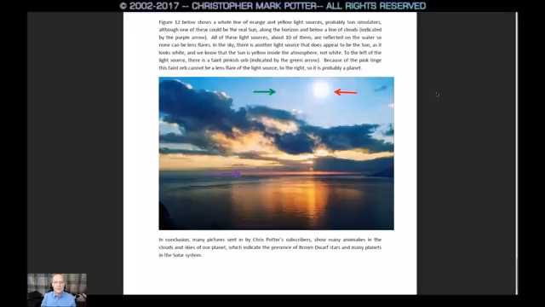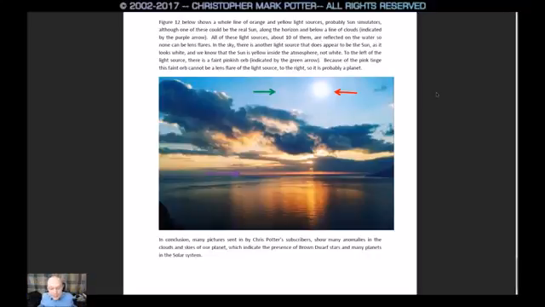Let's try that again, Chris. In the sky, there's another light source that does appear to be the sun, right? As it looks white. Hello, Chris, figure it out. And we know that the sun is yellow inside the atmosphere, not white. Okay, got it. To the left of the light source, my oh my, there is a faint pinkish orb, indicated by the green arrow. Because of the pink tinge, the faint orb cannot be a lens flare of the light source to the right, so it's probably a planet, or